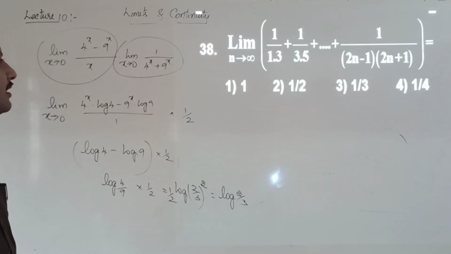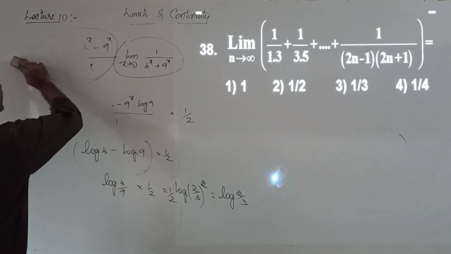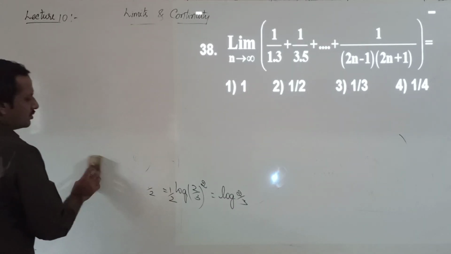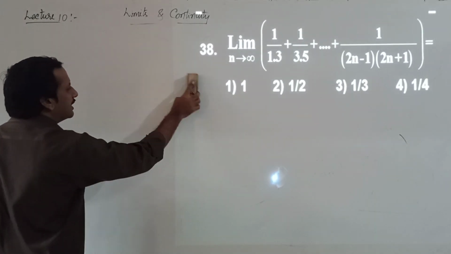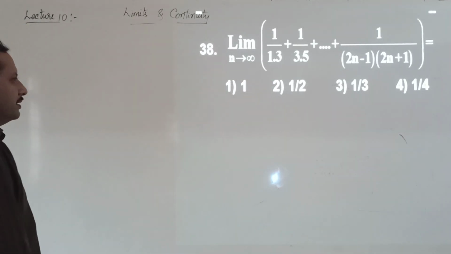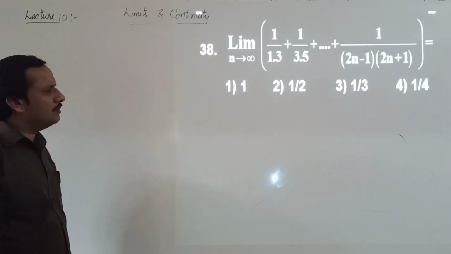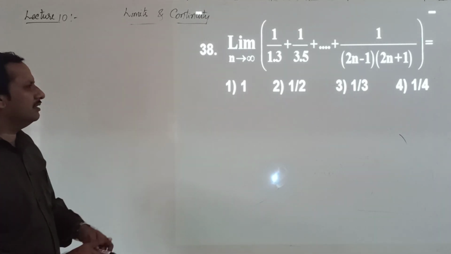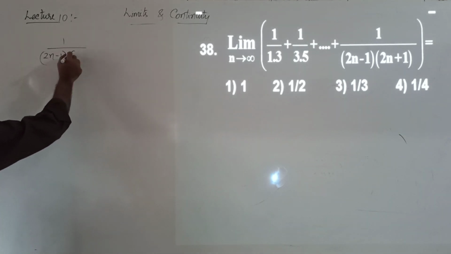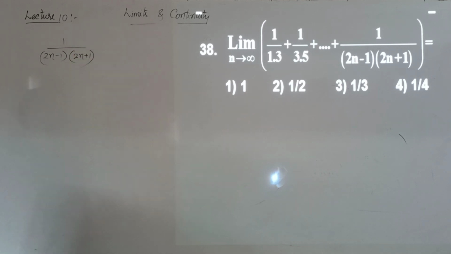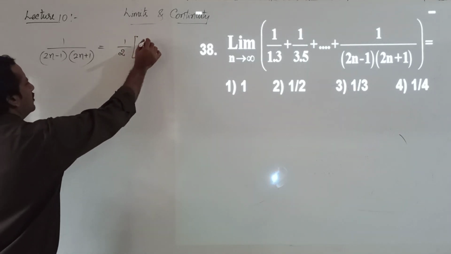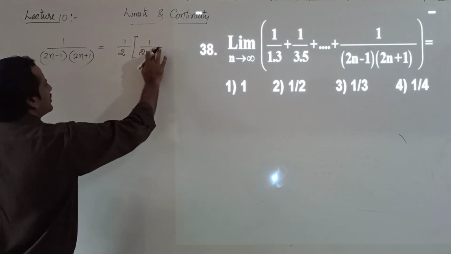Okay, next. 38th question. Limit n tends to infinity of 1 by 1 into 3 plus 1 by 3 into 5 and so on, till 1 by 2n minus 1 into 2n plus 1. So I'll just consider that nth term. You just observe the nth term: 1 by 2n minus 1 into 2n plus 1. I will write this as 1 by 2 into 1 by 2n